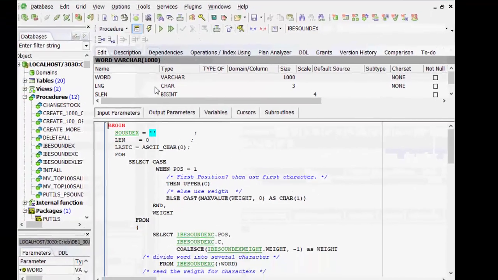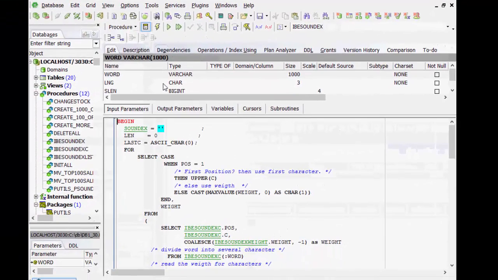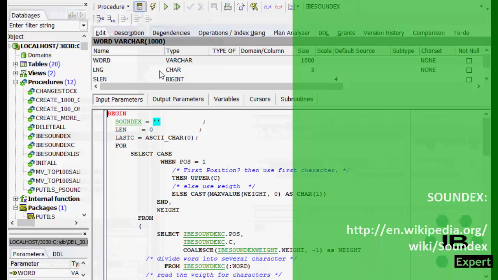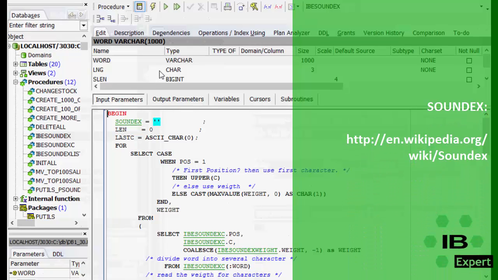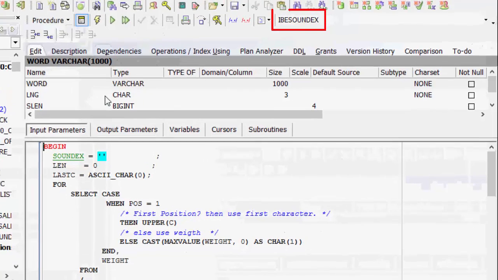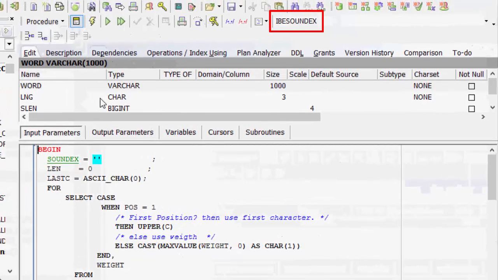To demonstrate Firebird 3's stored functions, we have used SoundX. SoundX searches for similar sounding words. For those of you not familiar with SoundX, please refer first to the Wikipedia definition. To understand what the SoundX functionality is, we first created a SoundX procedure, IBE SoundX, as a simple implementation with